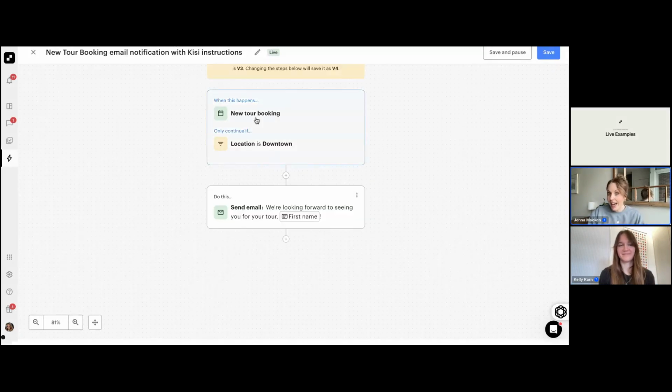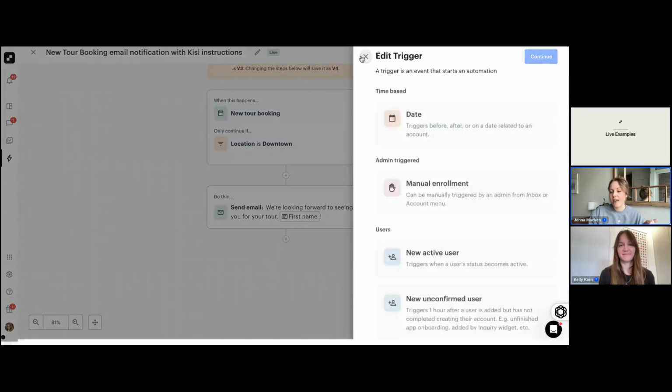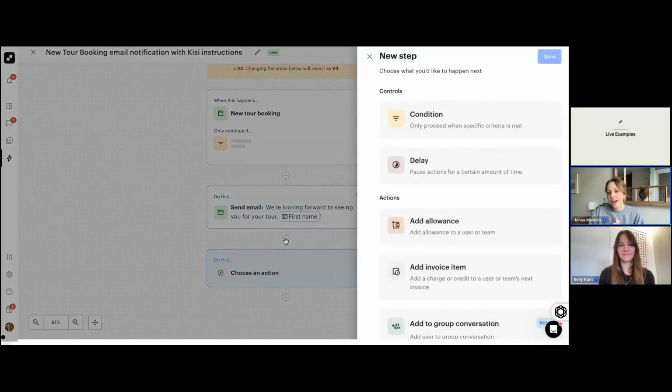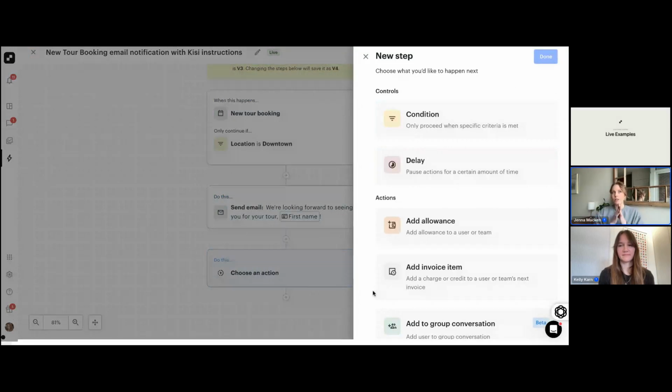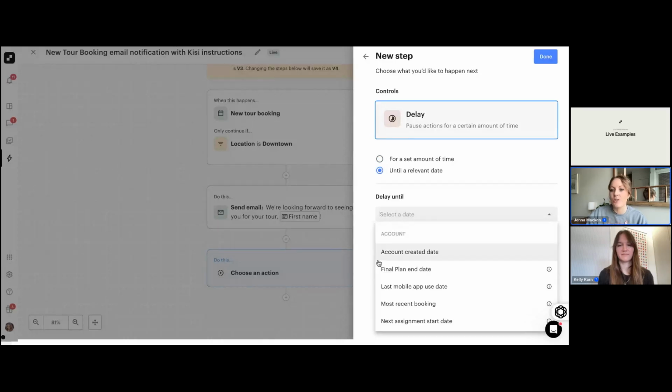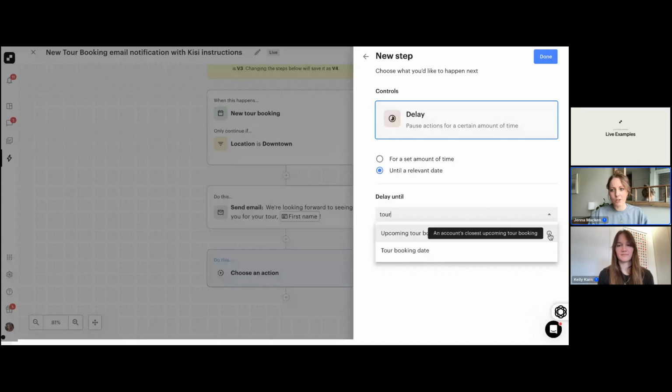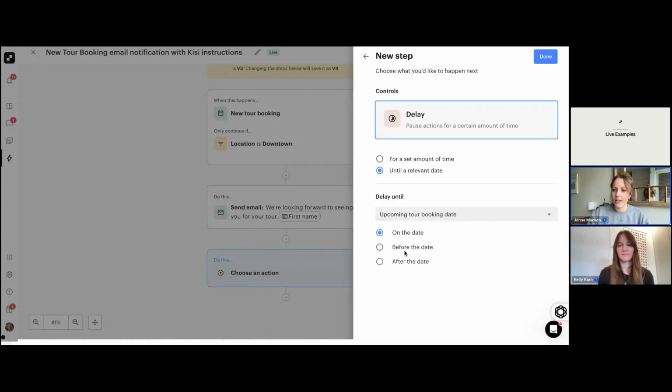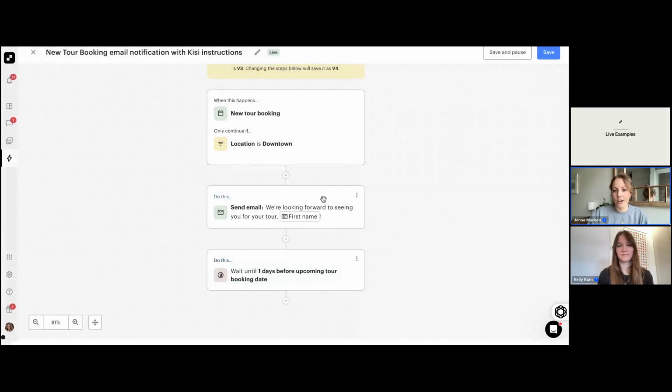So it's as simple as that. You've got your trigger. I've added my action, which is an email. And then as I go through this, you can build this out as two separate automations, or you can build this into one using the delay until. So I'm going to delay until, and Optix gives you a variety of very specific Optix data events. In this instance, I'm going to say the upcoming tour. I'm going to choose this one, and I'm going to say one day before that tour, I'm going to send them one more additional email